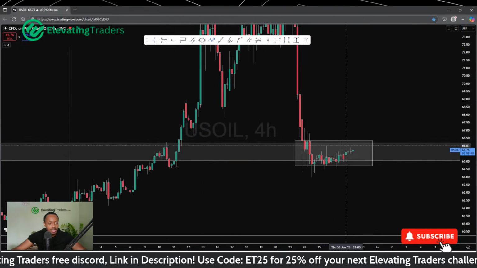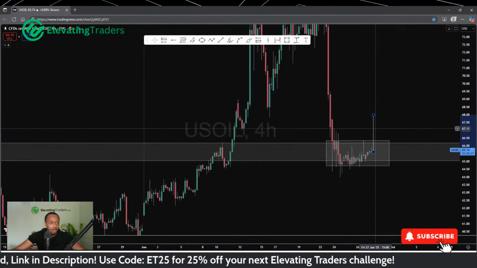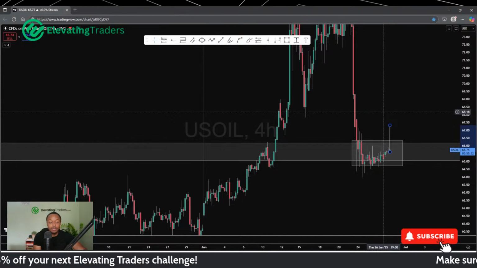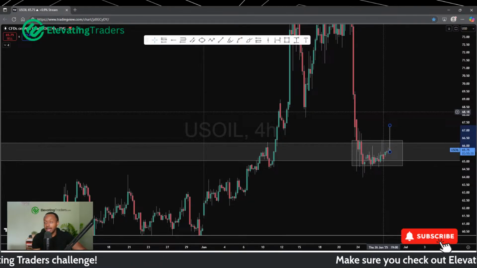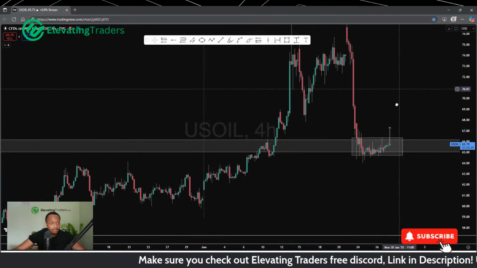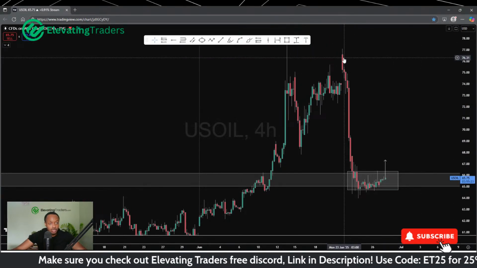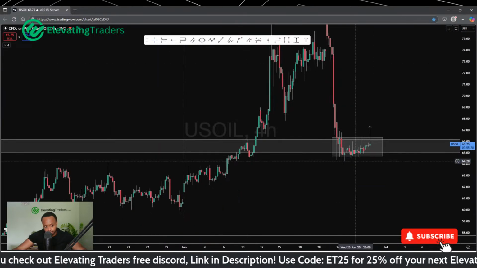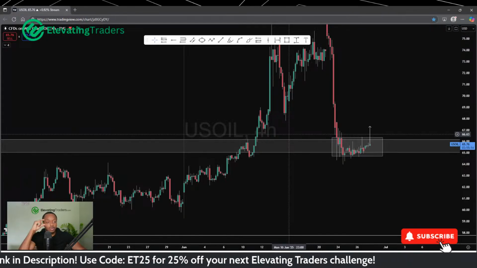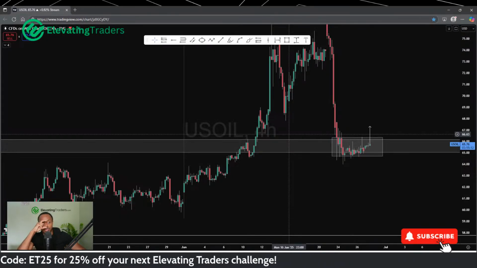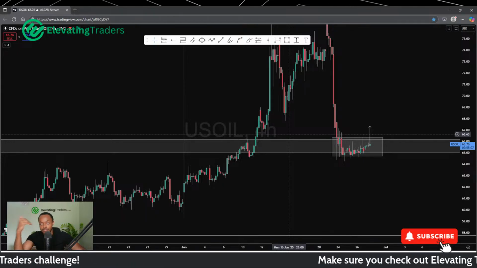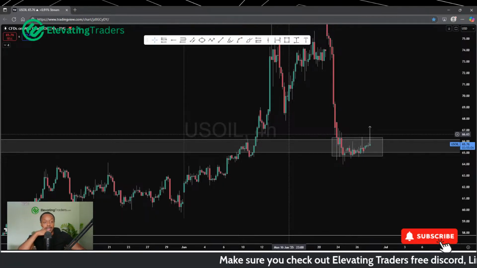But let's say if we can see a strong close and some momentum comes into the market, doesn't have to be that big. But let's see if we can get some decisive momentum. I think that's a really good entry signal for the trade, because all I'm looking at here for oil is a massive sell-off, which started pretty much as we open up for the week. The market's been looking exceptionally bearish. We've hit massive support, and all of that bearish momentum has now disappeared basically. We've just basically become flat, and buyers and sellers are in equilibrium.